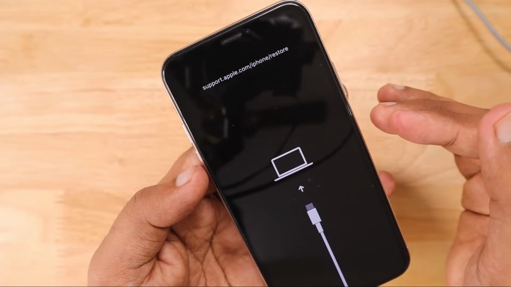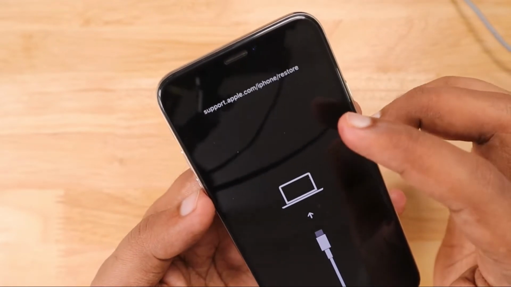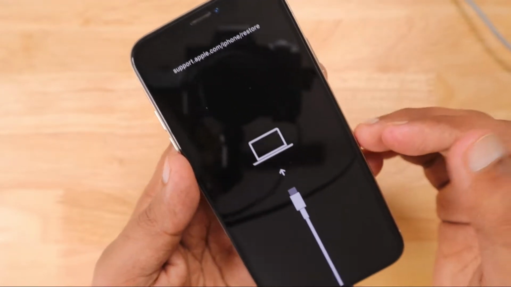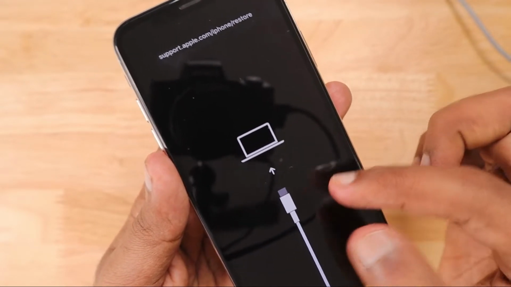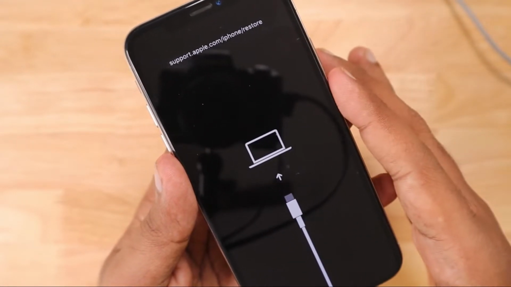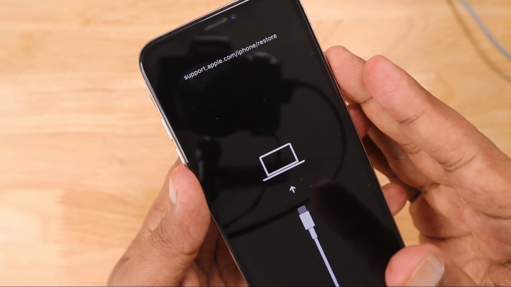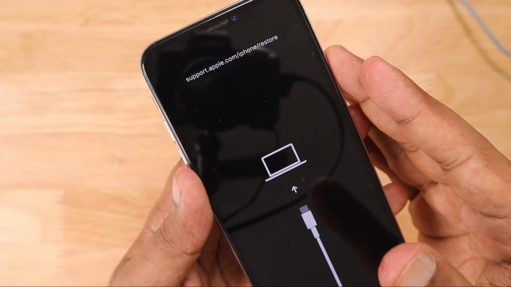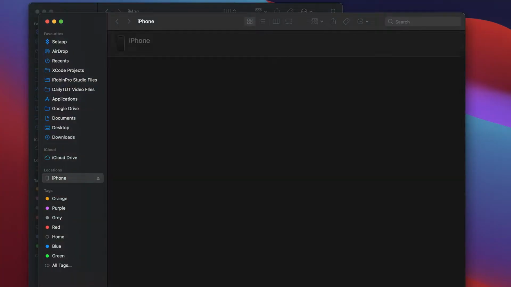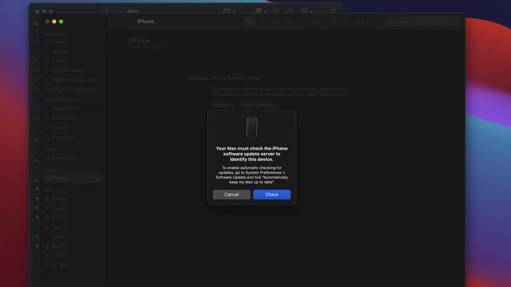Through the entire process, from the beginning, you need to connect your iPhone to the computer so that it will enter recovery mode. Otherwise, it won't be possible to put the iPhone into recovery mode. It will simply force reboot if you don't have the cable connected. Here you can see that the Finder app on the Mac tells me that the iPhone is detected in recovery mode and asks what I want to do with it.